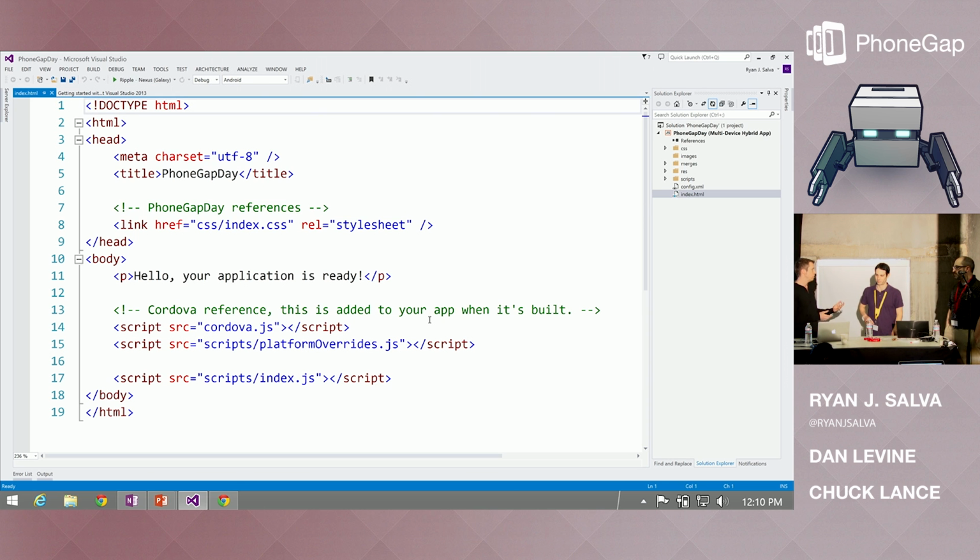So we just said File New. What is File New from a CLI perspective? Cordova create. That's simple. Okay. Yes, that one's simple. All right. Okay, so we got a new project open.